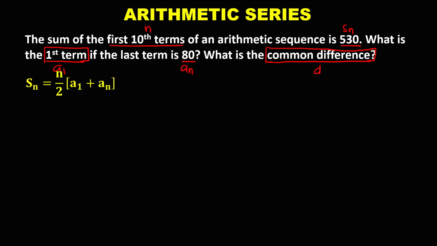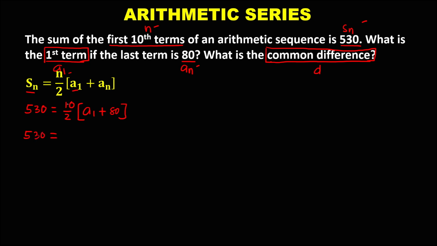Then substitute now all the values. So for the sum of the sequence, this is 530, then equals the number of terms, that's 10 divided by 2, then times the first term, this one is the unknown, plus A sub n, the last term, that's 80. Then to simplify, so we have this